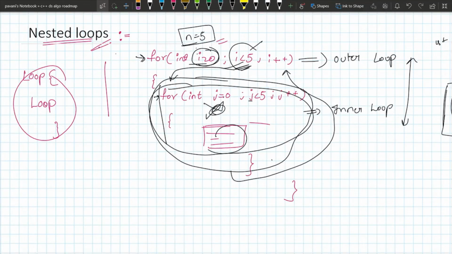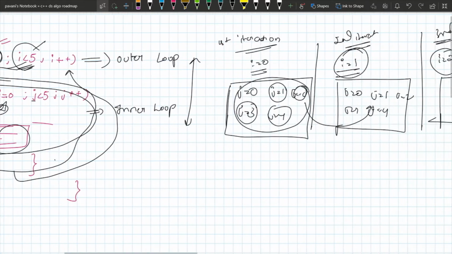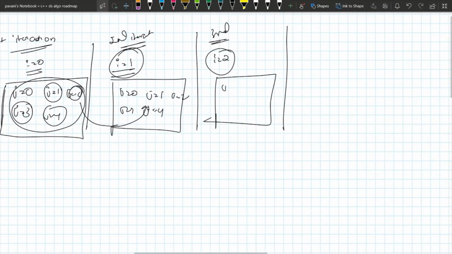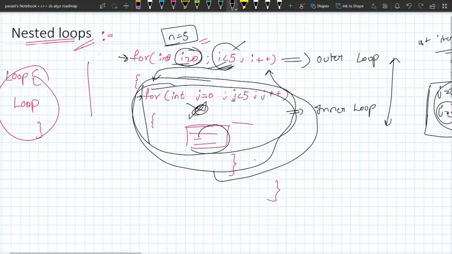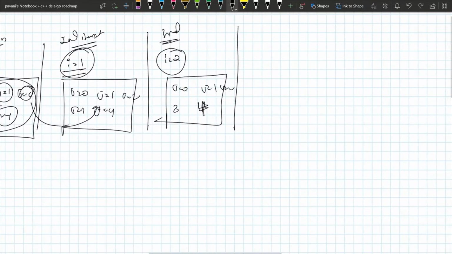This loop again iterates 5 times: j equal to 0, 1, 2, 3, 4. The block of code written in the inner loop is also executed, and then it goes again here and increments I of the outer loop.